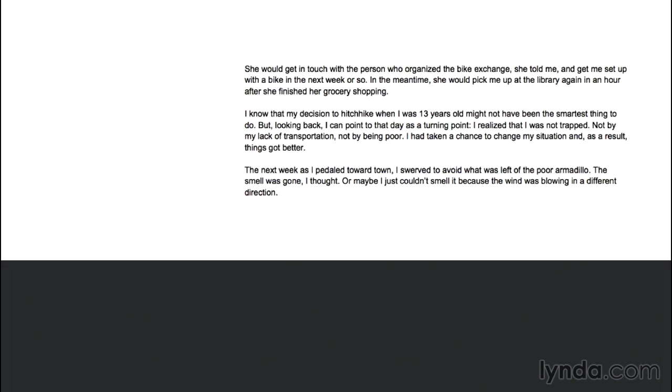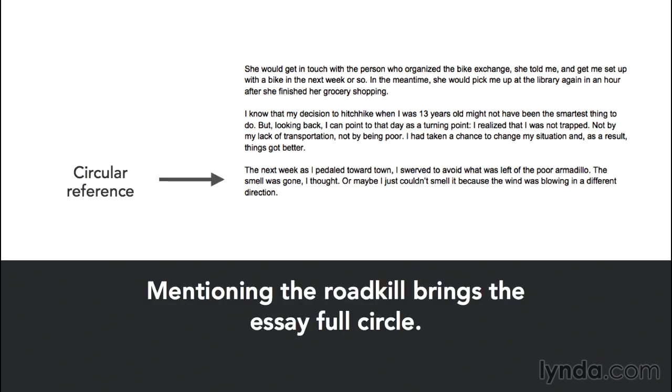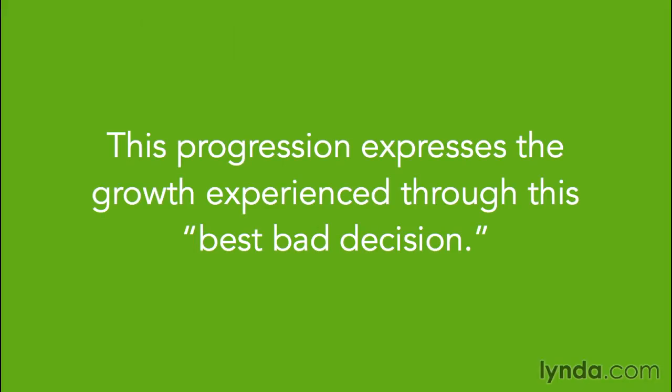Notice here, too, what the writer does in the conclusion. He jumps ahead in time by a week, but he also mentions the squashed armadillo from the opening moment of the essay. This kind of repeated reference brings the essay full circle. Also, by including the additional detail of the smell being gone and the wind blowing in a different direction, he is able to allude to a positive change in his circumstances. This reinforces his thesis and shows a progression in the essay, something that expresses the growth he experienced through this